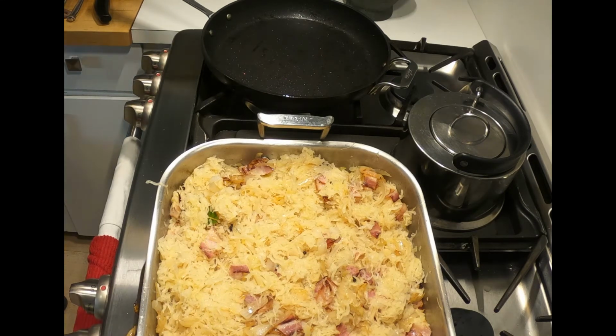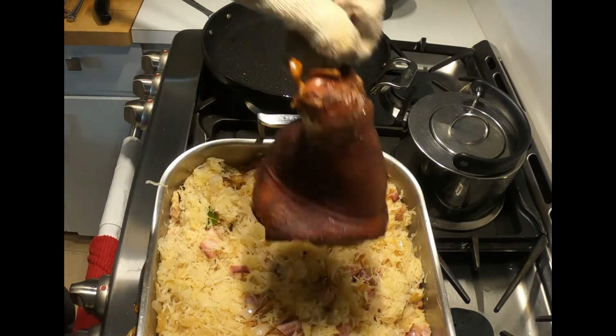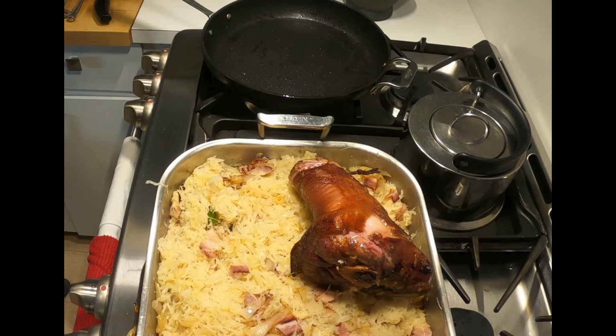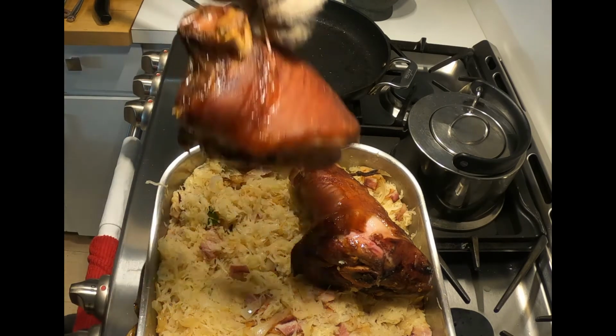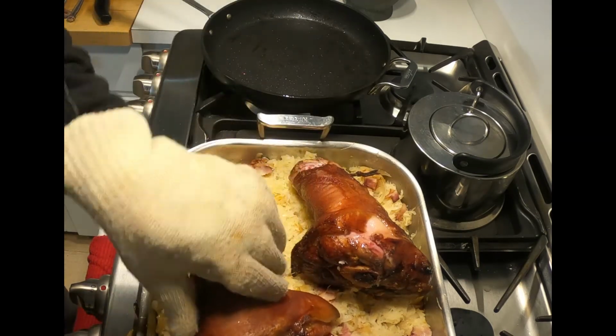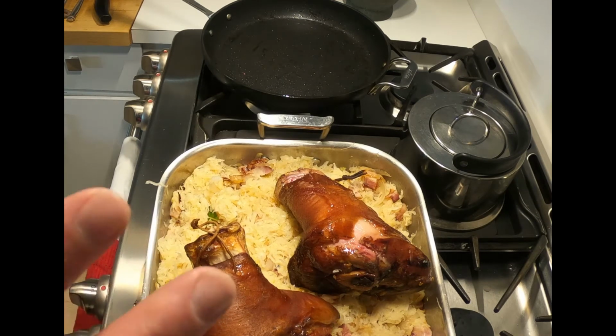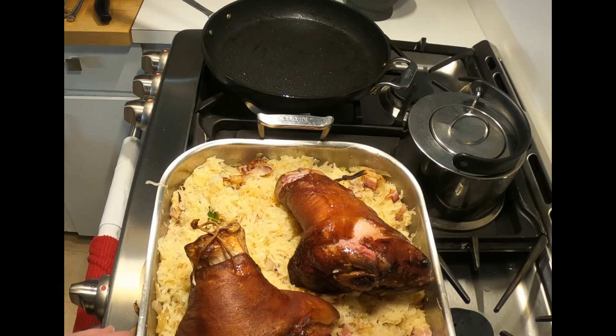Now we've had these stunning smoked pork hock from 4 Quarters Meats. And I've had them in the oven, rendering out a bit because we don't want all the fat in there. So they've been at 300 degrees in the oven for about 2 hours, slowly rendering. And now we're going to put the whole shebang